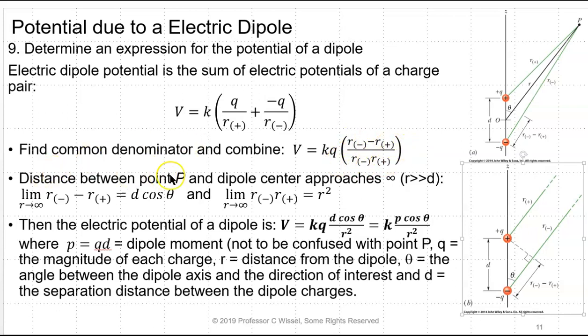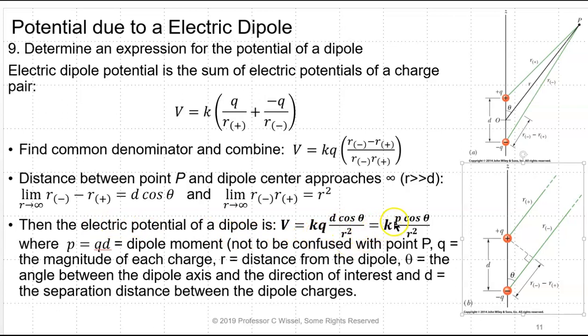Now the distance between point P and the dipole center approaches infinity, for distances R much greater than D. And for most dipoles, that's true because D is very small. So then the limit as R goes to infinity of R minus minus R plus equals D cosine theta, where theta is the angle between R and the dipole axis, and the limit as R goes to infinity of R minus times R plus equals R squared, because all of these R's are pretty much the same distance. Then the electric potential of a dipole is V equals kq times D cosine theta over R squared,